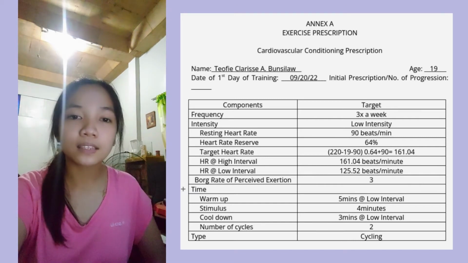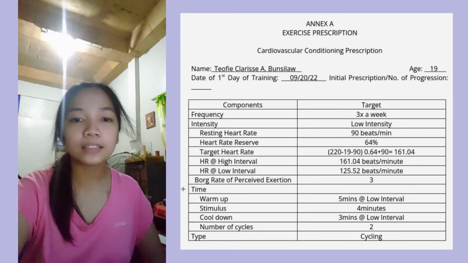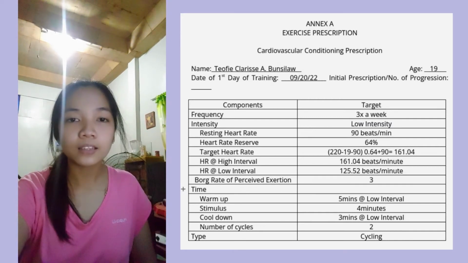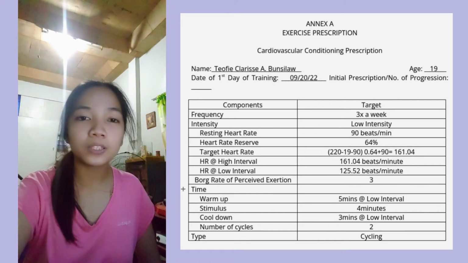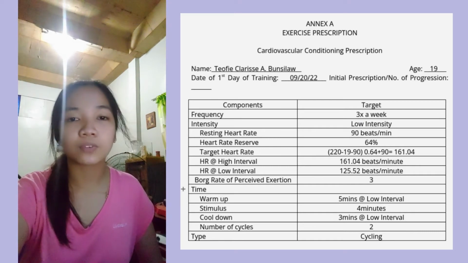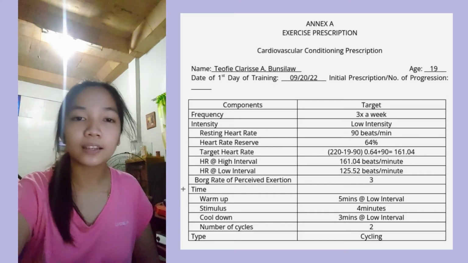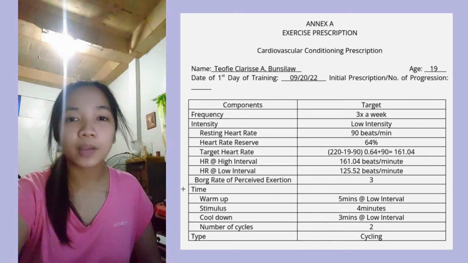And as you can see in the right column of the table, I calculated my heart rate at low and high intervals using the given formula. So I have here 161 beats per minute for the low interval and 125 beats per minute for the high interval. After finishing the intensity part, let us proceed to the next component, which is the time or duration of